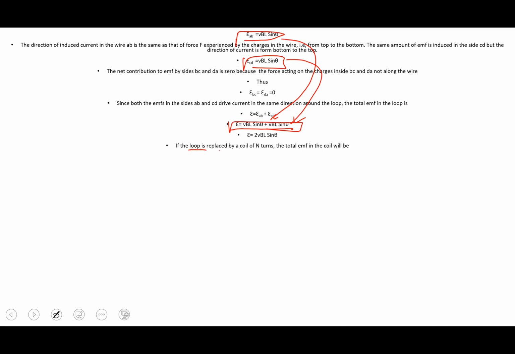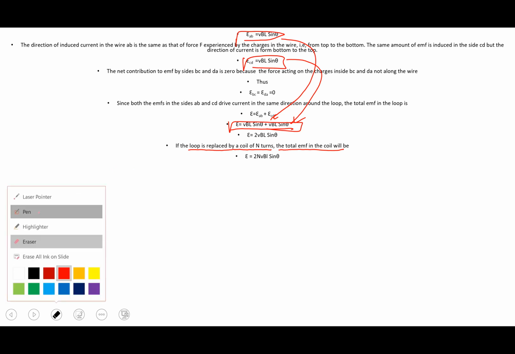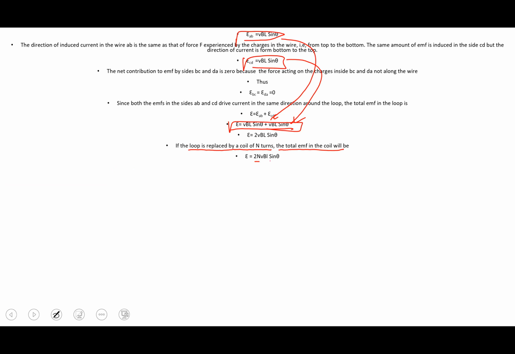If the loop is replaced by a number of turns, the total EMF in the coil will be n times. Of course, we'll introduce a new number, because the number of coils, let's say, was one coil only over here. Now, if we introduce another coil in the same way, the EMF will obviously increase n number of times. So EMF is equal to n times 2